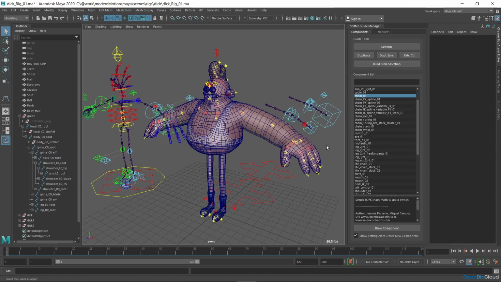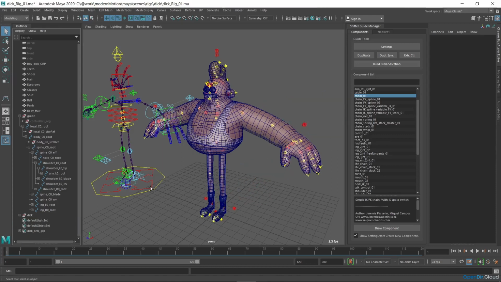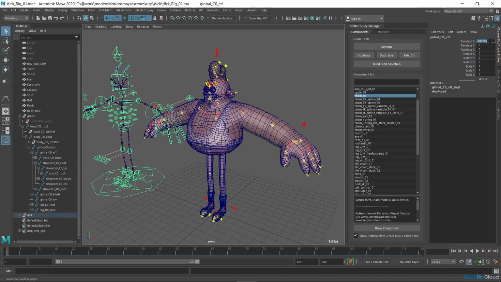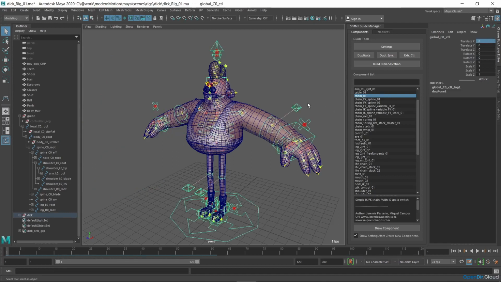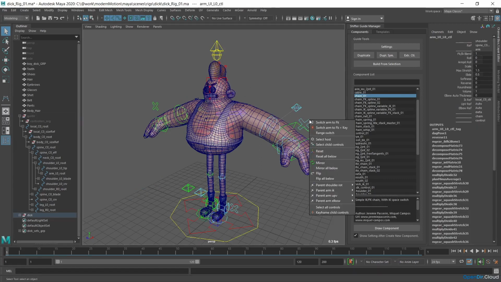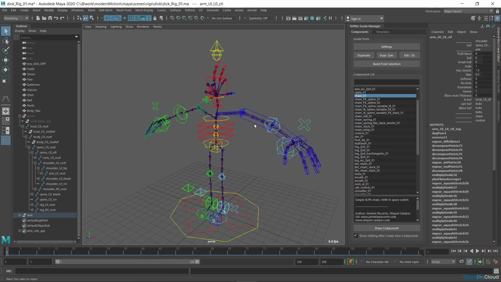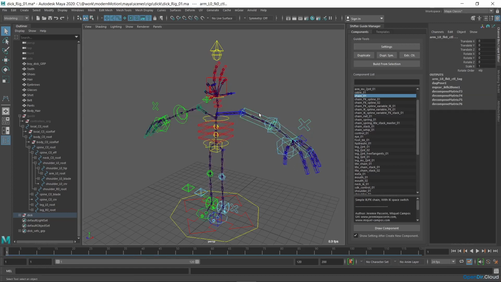Notice that some controllers may be hidden, depending on the component's settings. For example, in the case of the arm, if it's in inverse kinematics mode, the direct kinematic controllers are hidden. And to display them, you should switch to direct kinematics mode in order to adjust its shape. For example, through a menu command on the arm host,